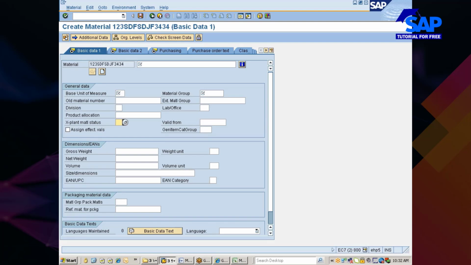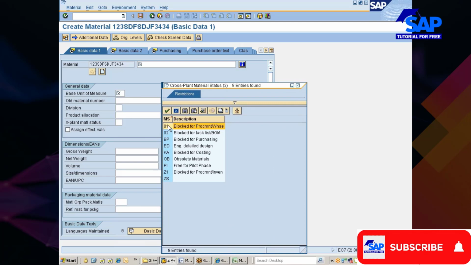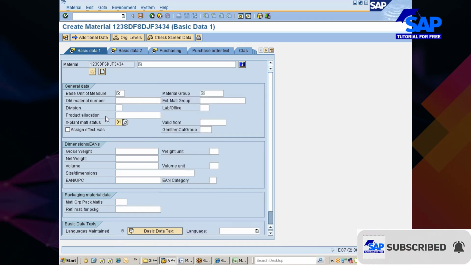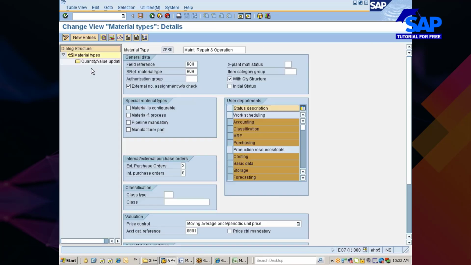X-plant can also be called cross plant. It means the information that you maintain in this particular field is applicable for all the plants in which this material is going to be defined. So your material type can make an X-plant material status default.